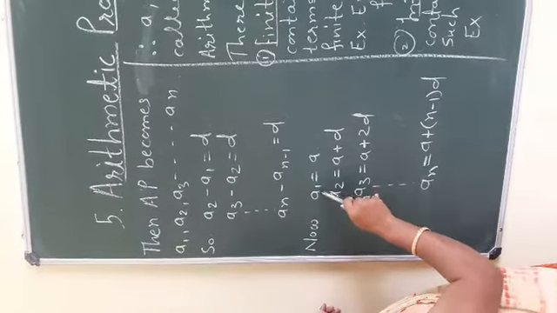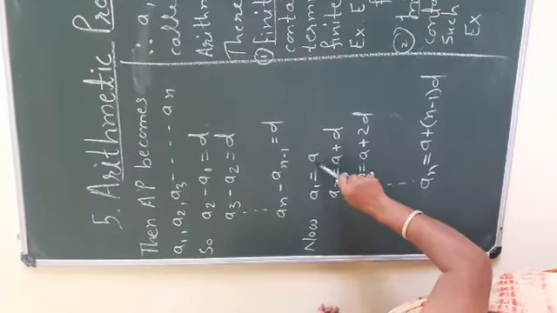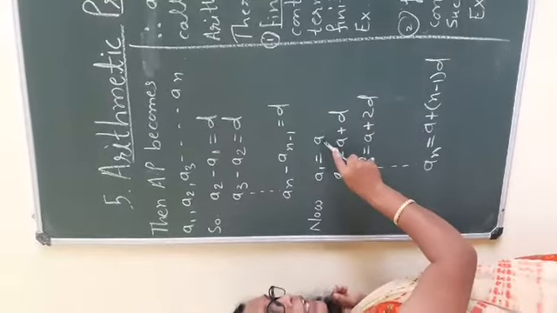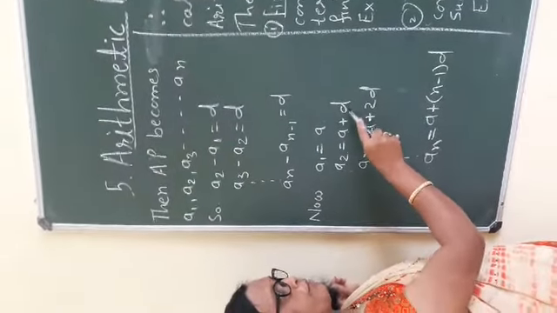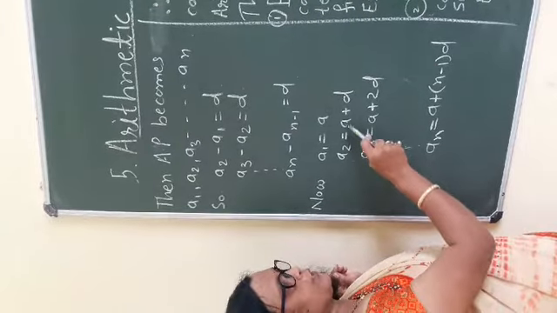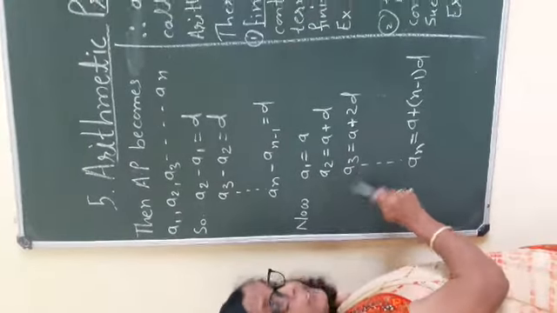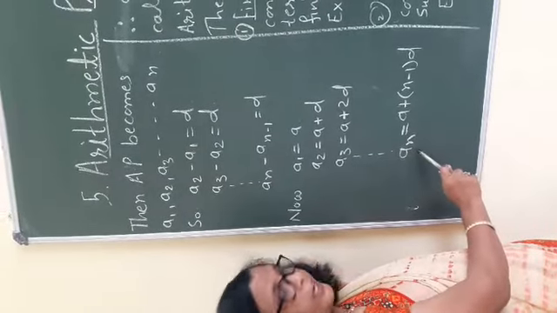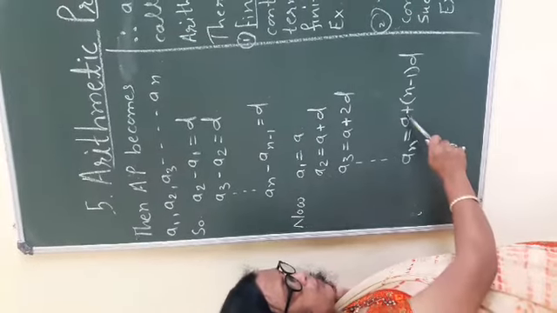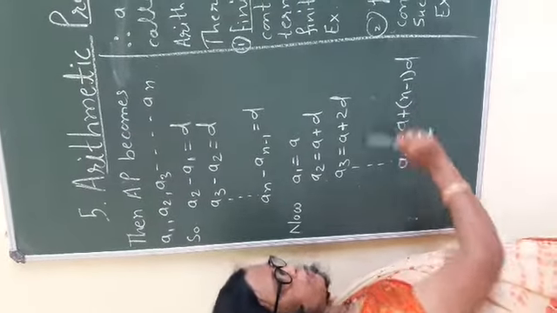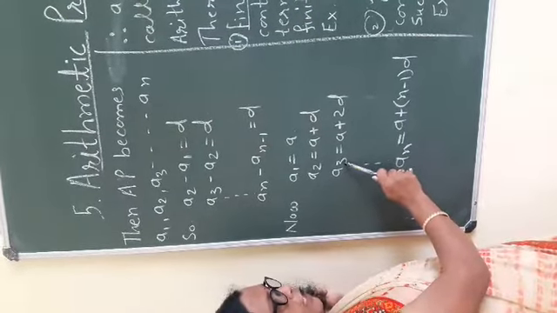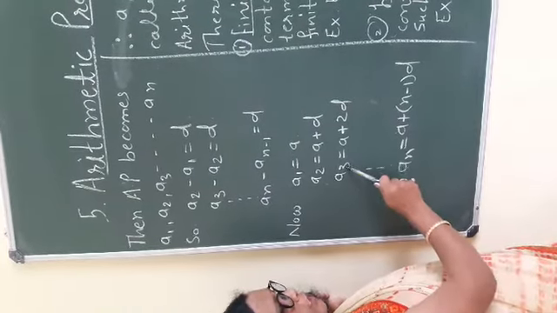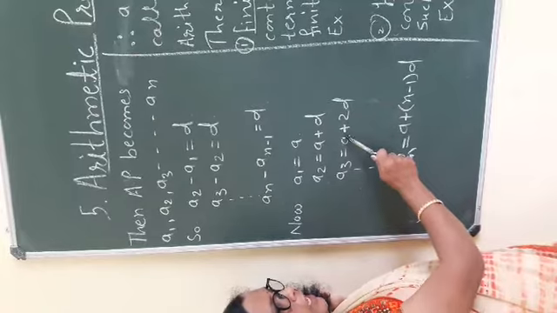Now a1 means the first term. a1 we can write as a also. Now if we have to find a2, the second term, and if I know the first term and the common difference, then the formula is a2 is equal to a plus d. Then for the third term, a plus 2d. Likewise, to find the nth term, an is equal to a plus (n minus 1) into d. Are you finding that when we have to find the a3 term, we take the first term as fixed plus 2 into d, means 3. If a3 we have to find, then a plus 2d.